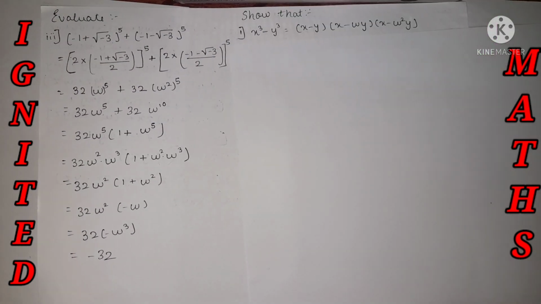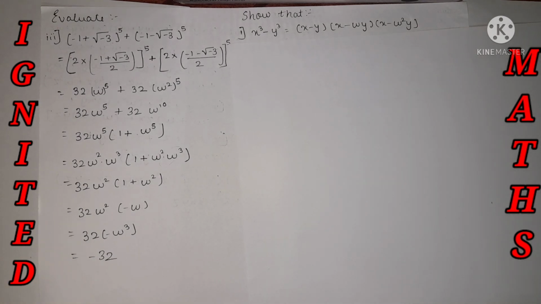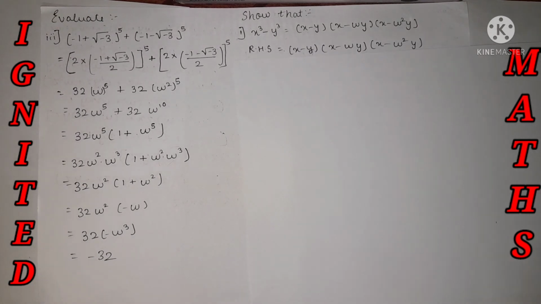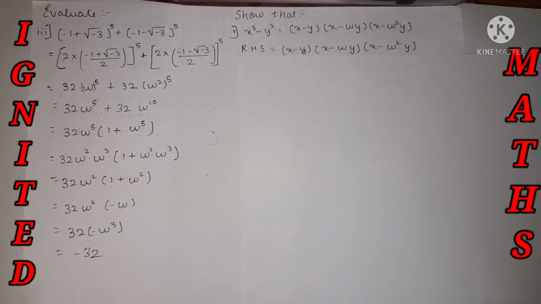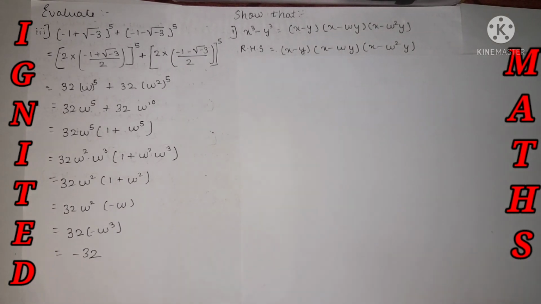In my next question, we need to show it, that is, an LHS and RHS proof, and it's one of the properties for the cube root of unity. Now I'm going to solve it, but I'm going to take the RHS value and prove it to be the LHS. Let's get started. I have taken my RHS value. Just take a 2-second pause and think whether we can use any of the properties to do it in the simplest method.